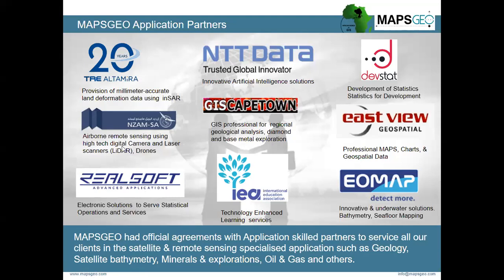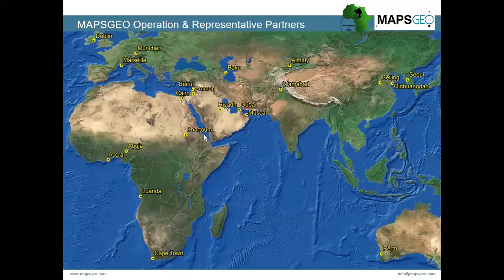We have Enzam for aerial photography, LiDAR, and drones. And so the company MapsGEO's policy is to have so many skilled partners, distributed everywhere, so that we can serve the clients the closest possible and with the cheapest and highly competitive prices. Our distribution, our partners and our